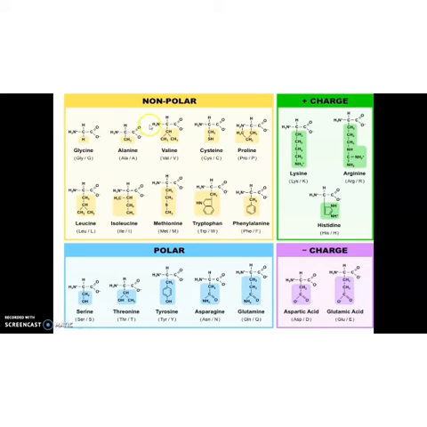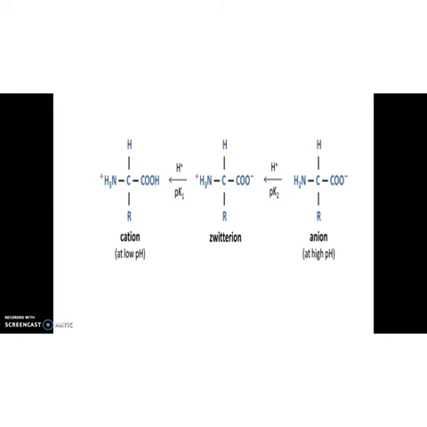And on the basis of their characteristics, we can classify them as non-polar, that means without charge, then polar, and charged amino acids with positive charge and negative charge. Okay children? In detail we will discuss this in class 12, but keep it in mind, these are amino acids. These amino acids join by producing a peptide bond and produce a protein. Clear? Then about the properties of amino acids, the chemical and physical properties of amino acids are essentially those of the amino, carboxyl and the R functional group.